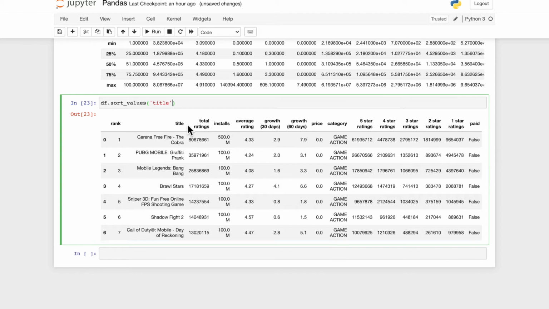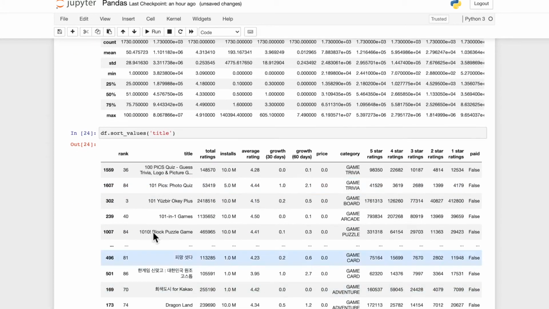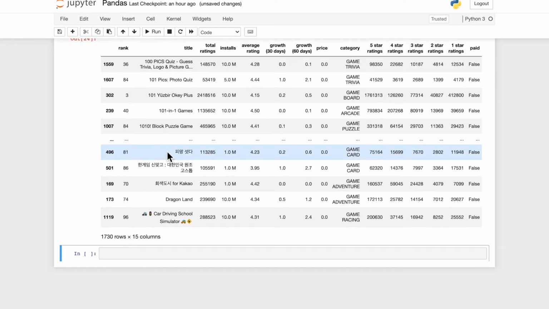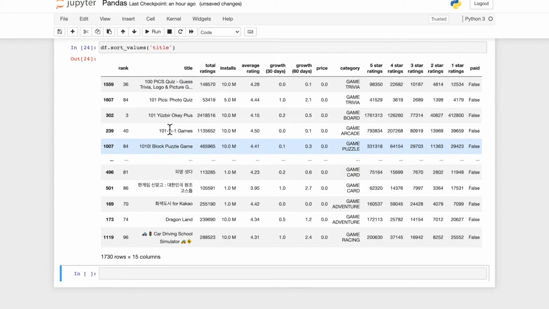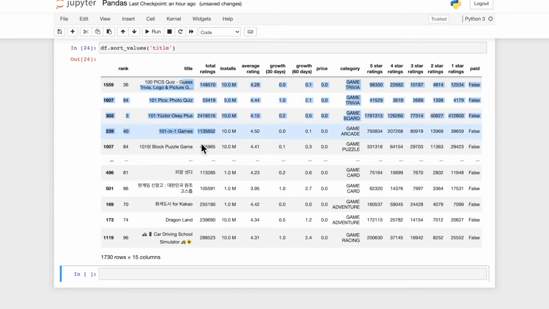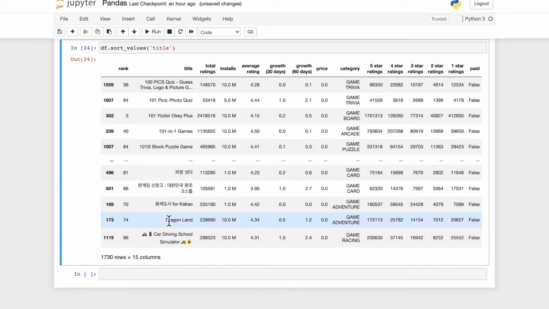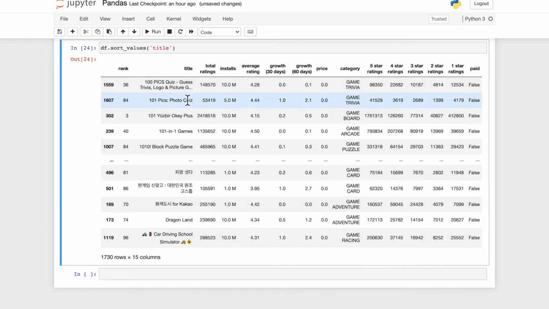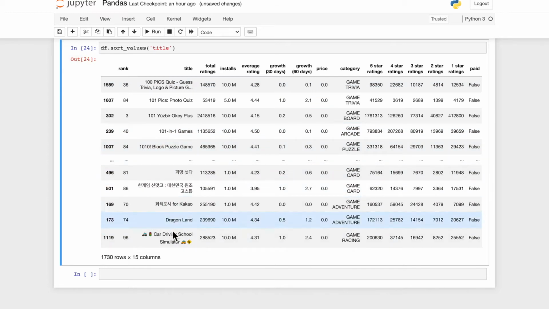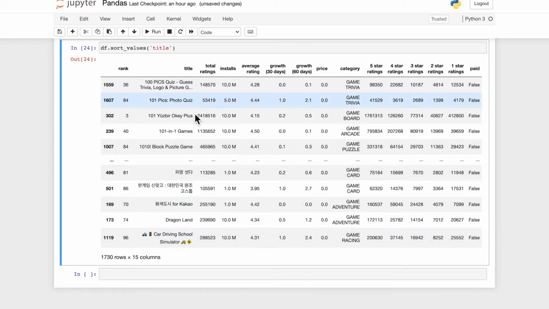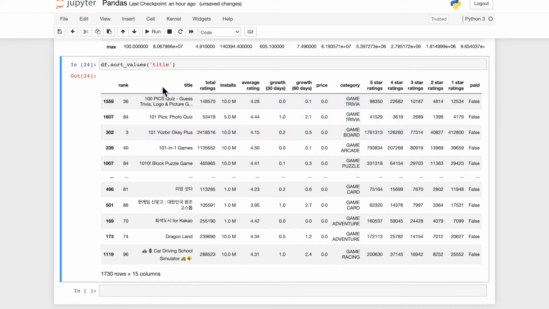And then if I run this, here you'll see it's in the ascending order. Dragon Island, 100 pix quiz, and so on, just in alphabetical order. But if you wanted it just opposite, in descending order, you need to write